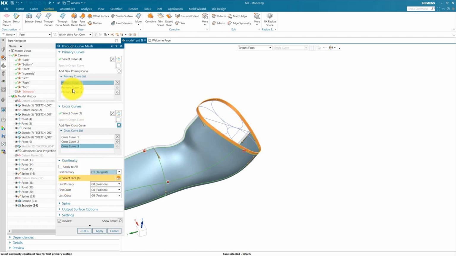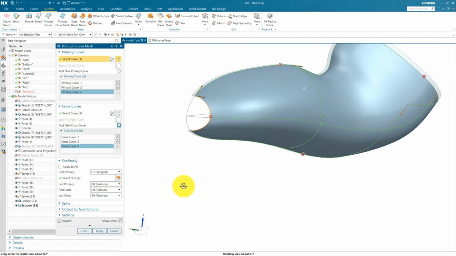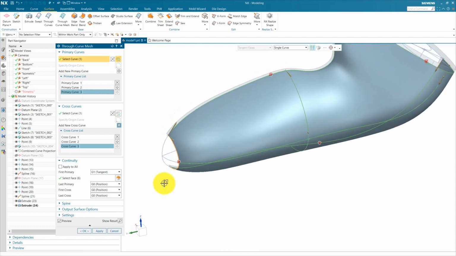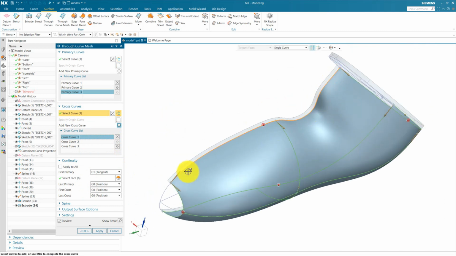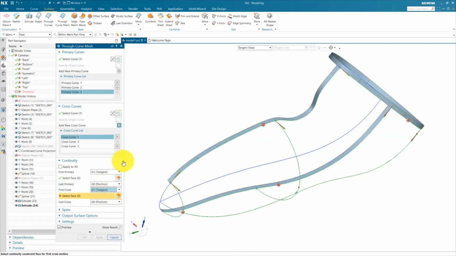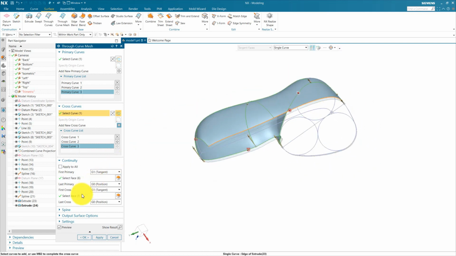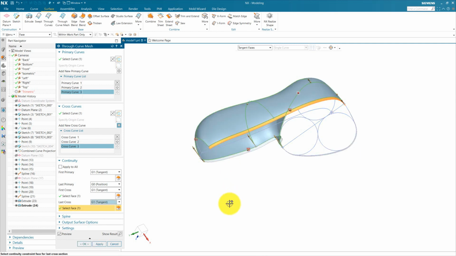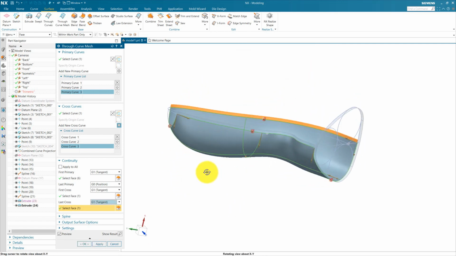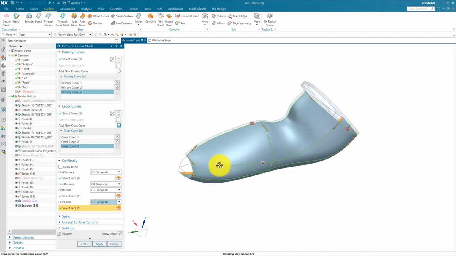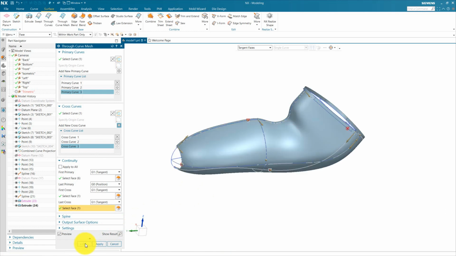Okay, the last primary curve, it means primary curve 3, we do not need to apply any continuity here, so leave it. And next go to cross curve 1, which is the first cross curve. So this is our first cross curve, and change this to tangent and select this surface. Okay, same repeat here. The last cross curve is cross curve 3, and the surface connected with cross curve 3 is this surface. Okay, now we select this, and our through curve mesh is completed,